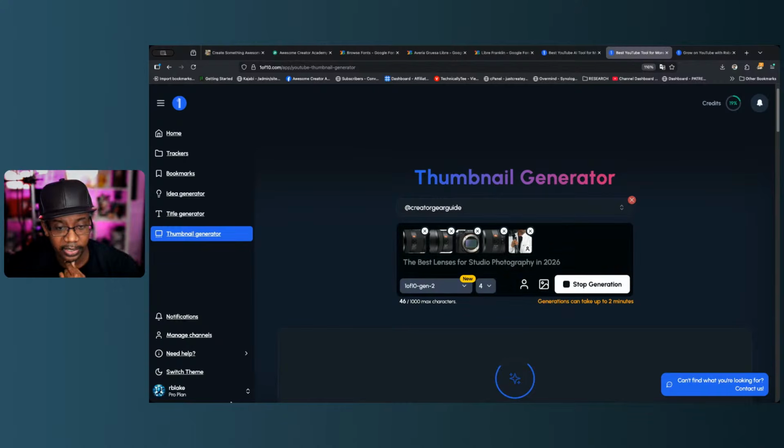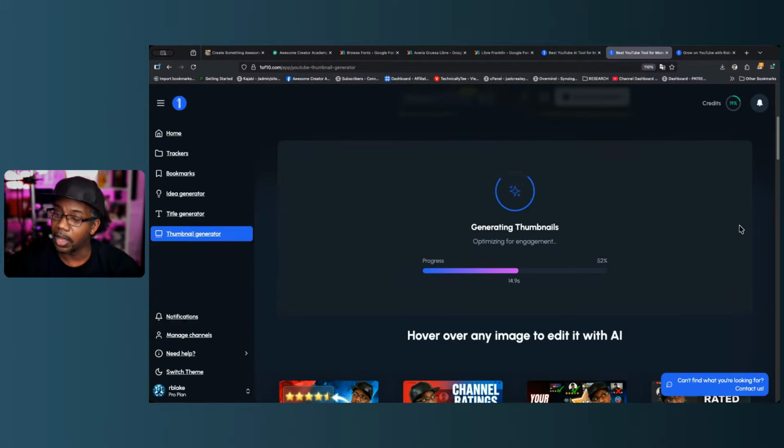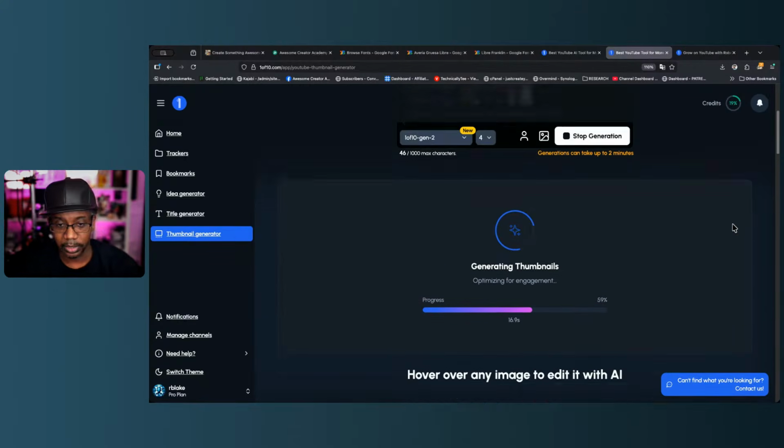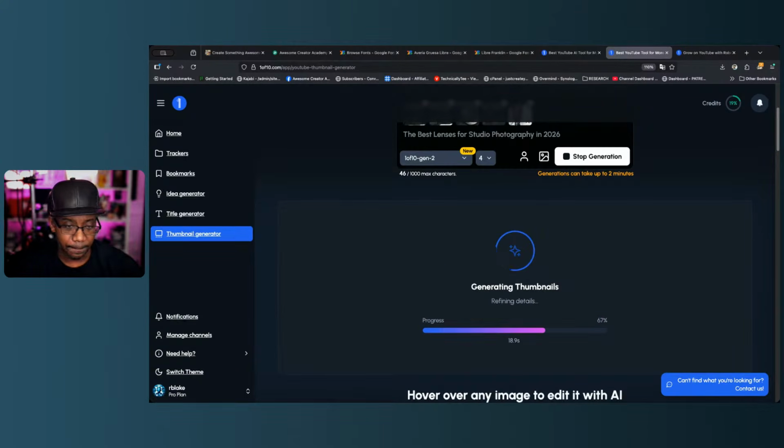Now, while it's doing that, which will not take long, in fact, how long is it taking? You can see it's actually going pretty quickly. So while it's doing that, I don't mind answering questions in the chat that you guys have about this, because my goal here is to show you a process where you can generate thumbnails or a very close approximation of them very quickly,